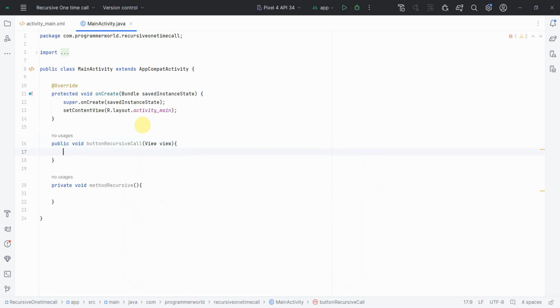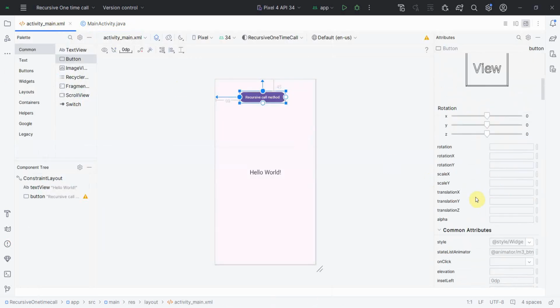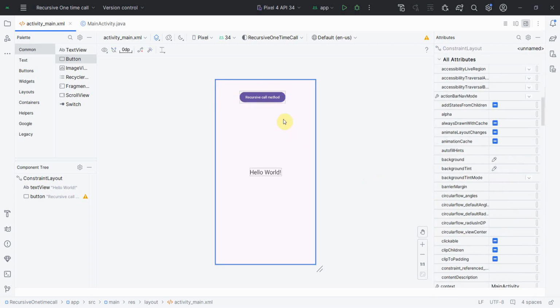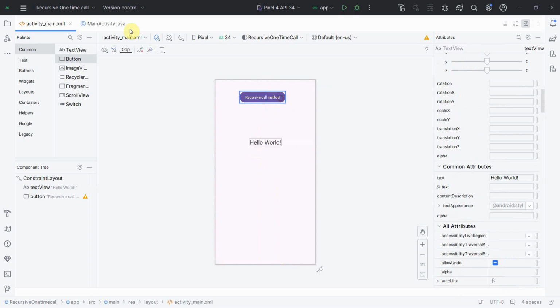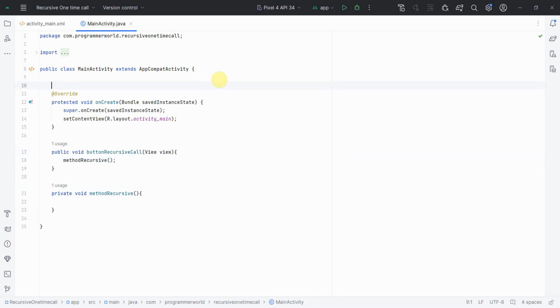view. Perfect. I'll go back to my layout and associate the new method we have defined for the button over here, in the onClick attribute, so that whenever this button is clicked, that particular method is triggered. Perfect. I'll go back, and I'll call this recursive method from here for the first time, of course, and then recursively I'll call it internally over here. So I'll show you how to make sure that it is called just one time, but for that I'll